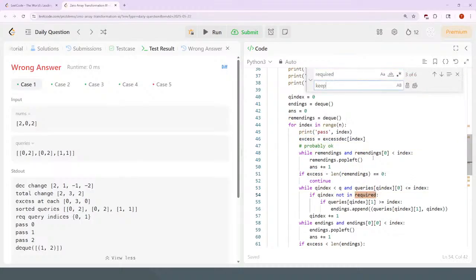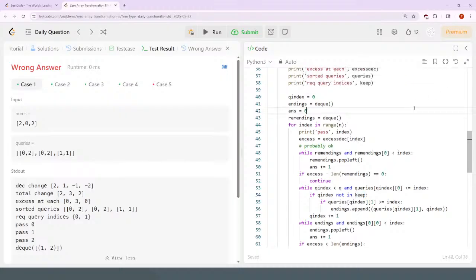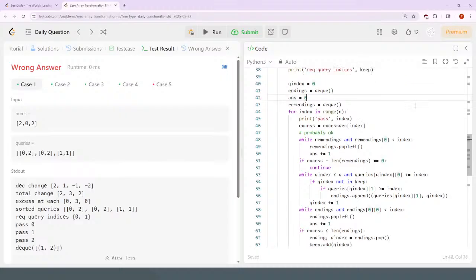Let's go and replace that with keep. On the second pass, queries that are not in the keep